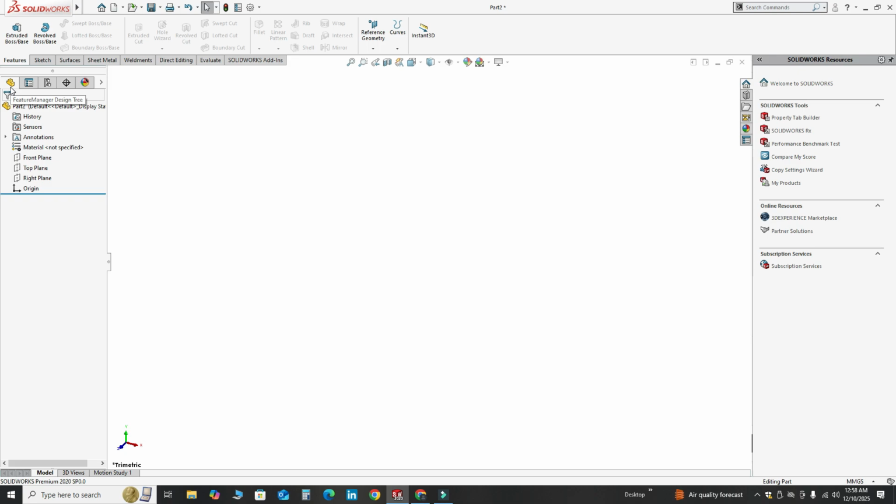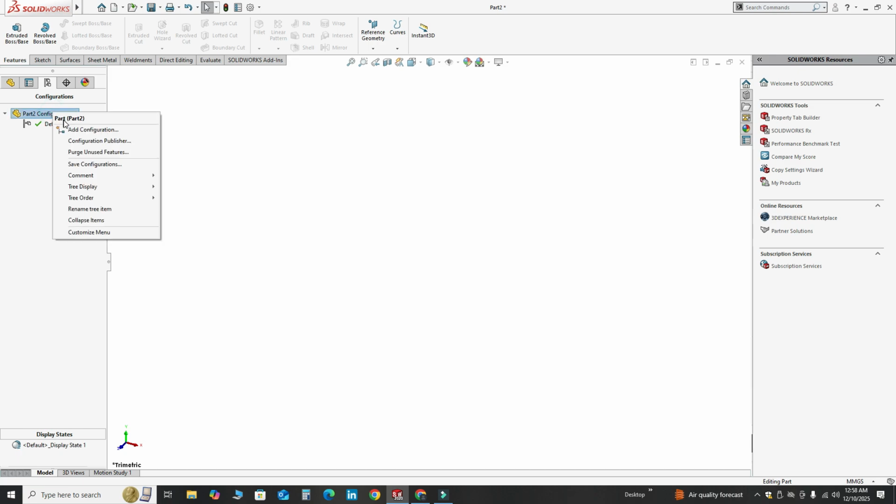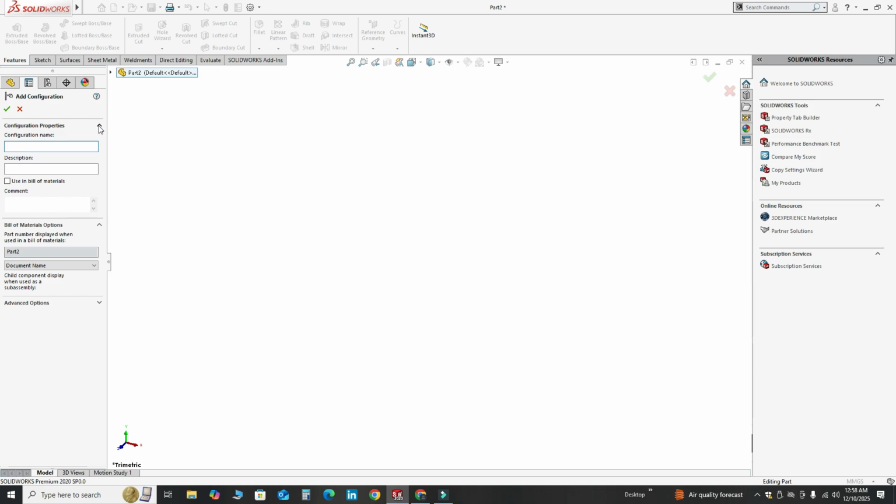Here you can see the FeatureManager design tree, and this is called the ConfigurationManager. I will go to the ConfigurationManager, and then we will add two more configurations. Let's add one configuration, and that is called center hole.